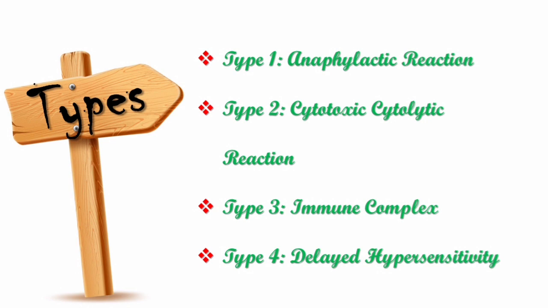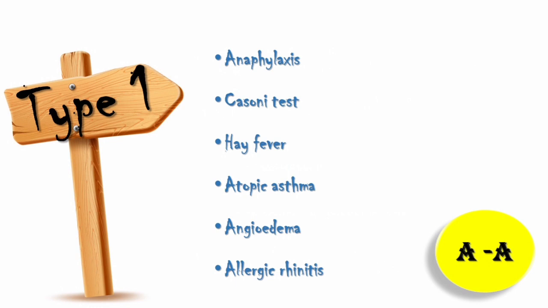Type 1 is because of preformed IgE antibodies, which are coating mast cells and basophils. These preformed IgE antibodies are cross-linked with antigens, and that causes cell degranulation and releases histamine and other inflammatory mediators. This is the cause for these allergic reactions. So it is immediate hypersensitivity or anaphylactic reaction. A for A: type 1 is A, for anaphylactic reaction.